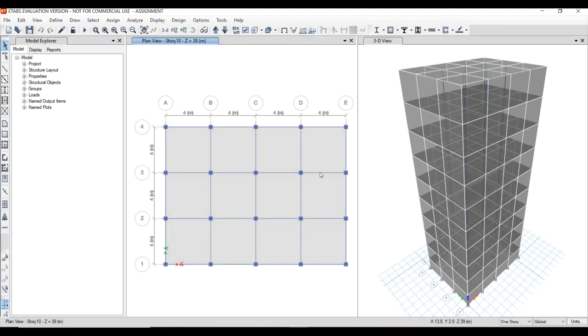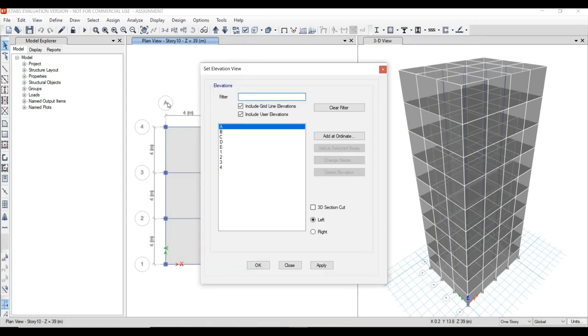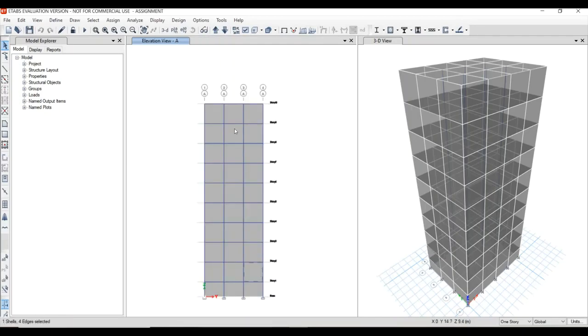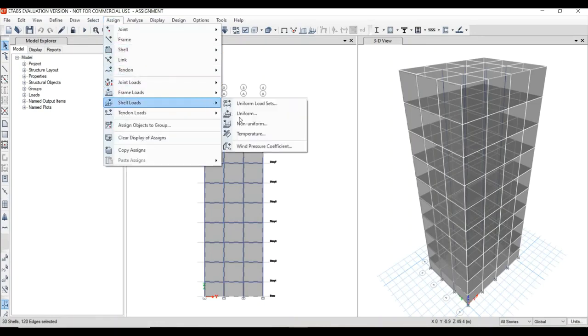And now we need to add wind loading. To add the wind loading, go to elevation view of section A. In this section A elevation view, make sure that you turned on all stories from the right bottom, and select every shell in section A. Now click on assign shell loads,